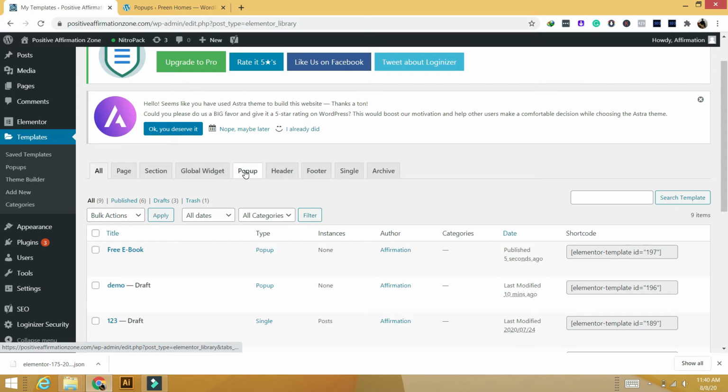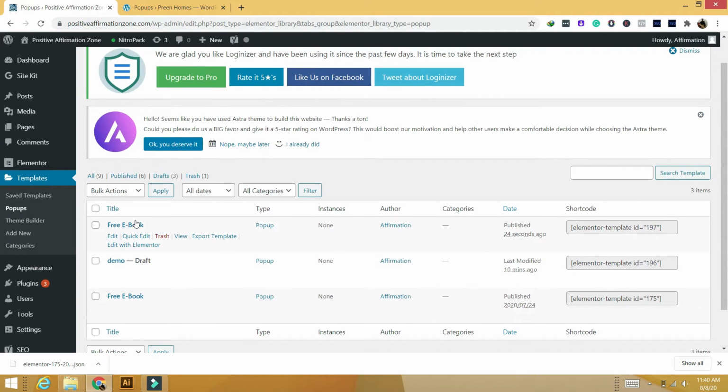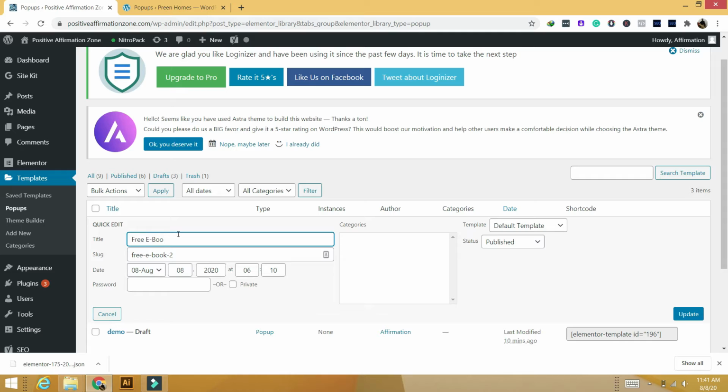Now if we click on the pop-up section, as you can see, there are two pop-ups of the same name. This was the pop-up that we recently imported. You can change the name here also. We will name it something like demo 2 and update.